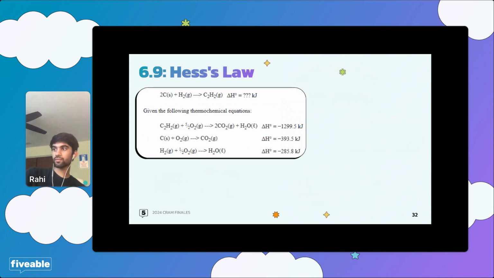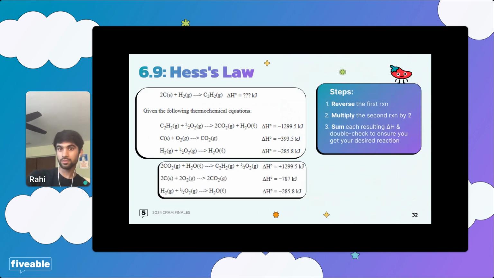Look for the compound that's only in one equation. Okay, yeah, I like that idea, Sophia. Sorry, I almost called you Sophie. The first one flips. It does. Why does it flip? Yes, exactly. Because you recognize the products and the reactants. And you want C2H2 as a product, because it's a product in this particular equation. There you go. Look at you guys go.